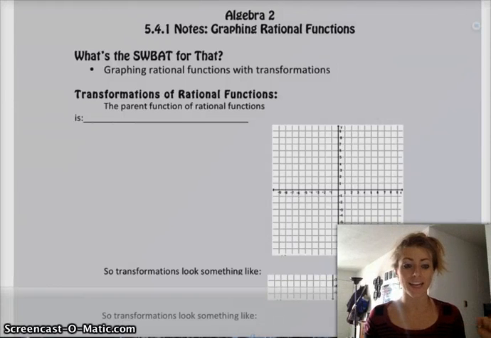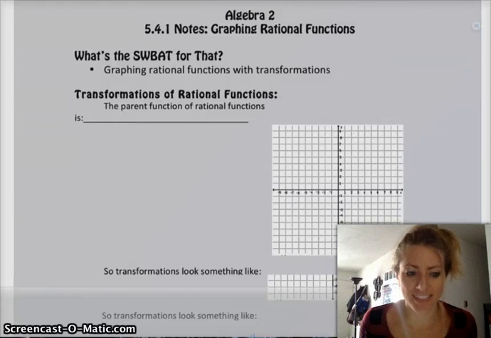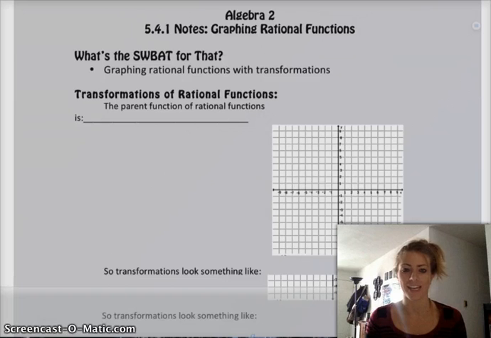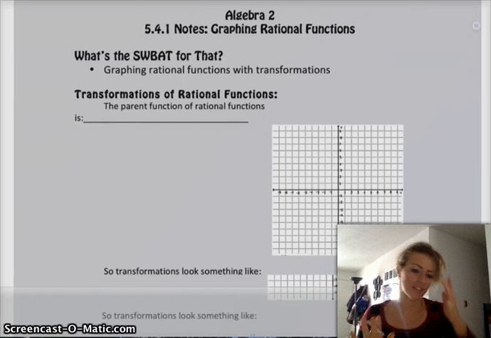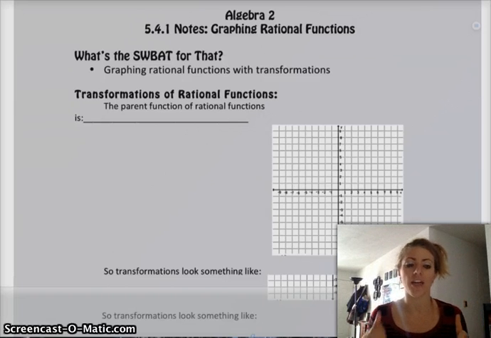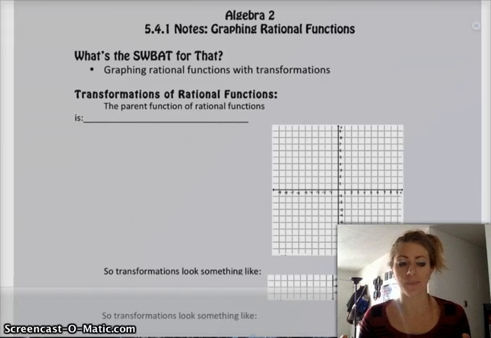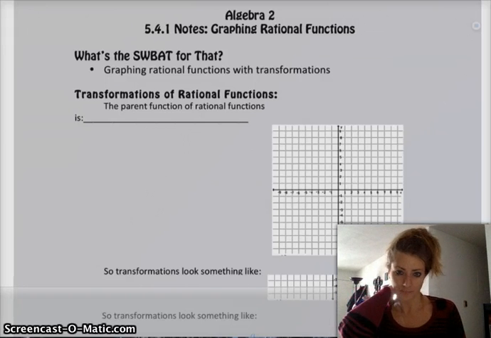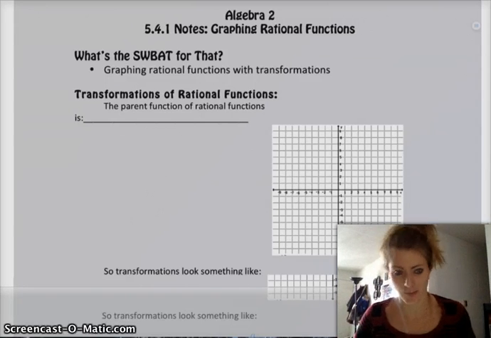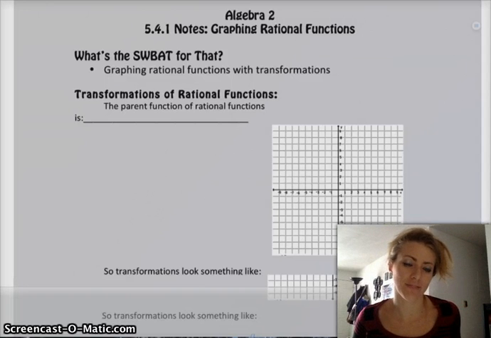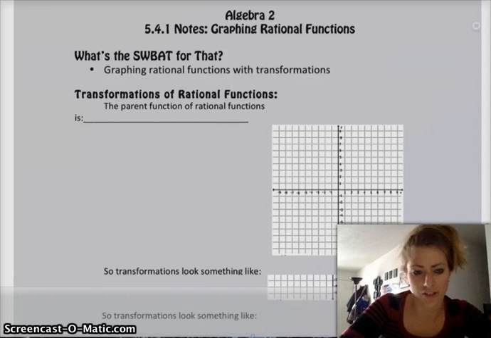Hey guys, guess what? We're gonna get into graphing today, which is super exciting. We're really only gonna stick with the parent function and then doing transformations with that parent function. So that's what we're gonna do today. Cool. So transformations of rational functions. The parent function of rational functions